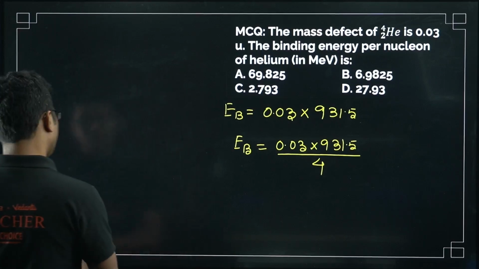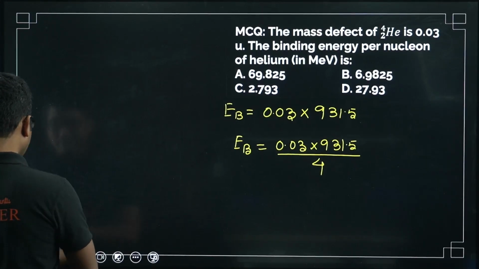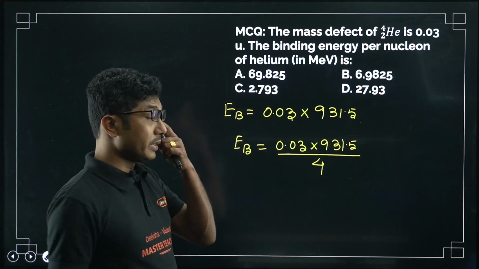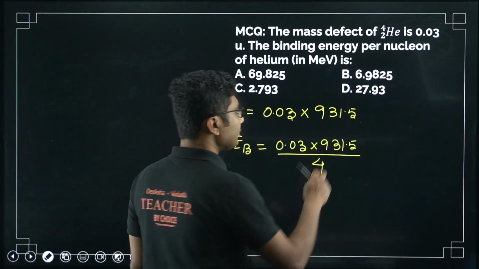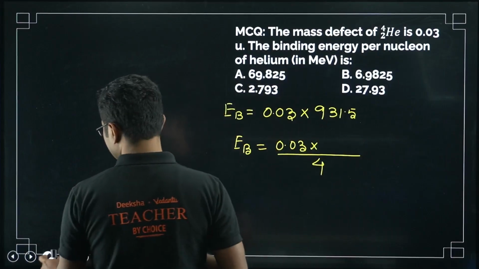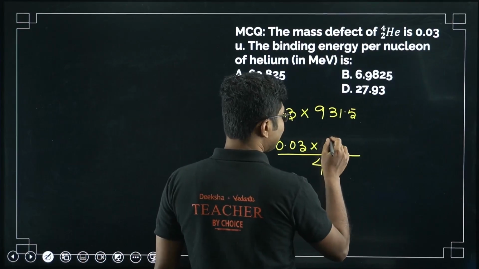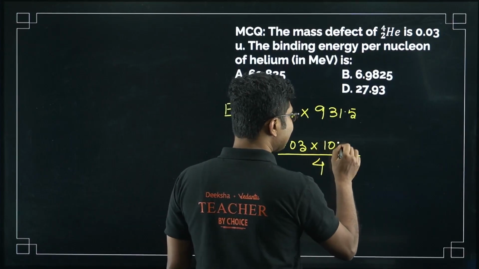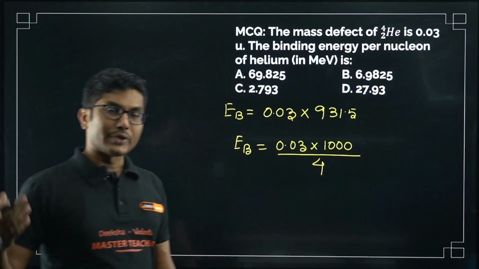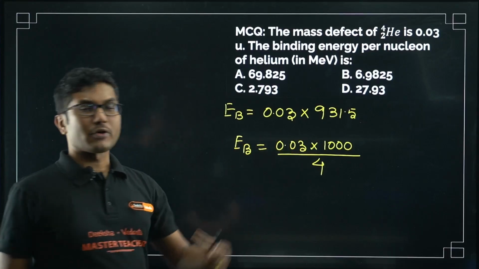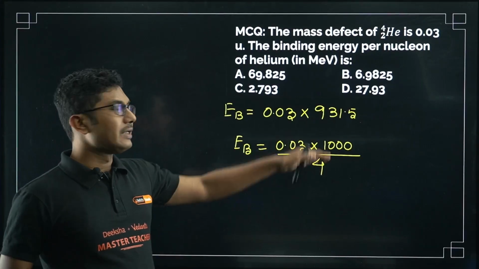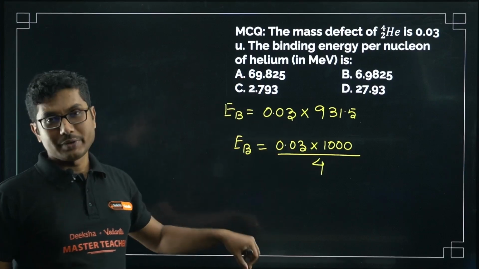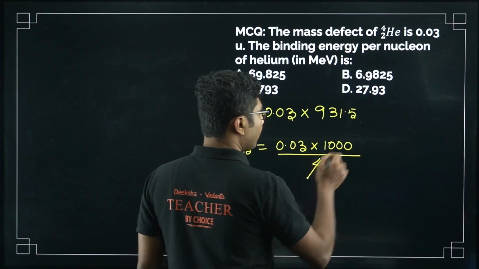Now how to calculate this? It seems to be very difficult, right? There are 2 ways to do it. First of all, because we are doing approximation, we can consider this 931 as either 900 or 1000. 1000 will be easier, at least in this case. So case by case, we can take the approximated value. Obviously we have increased the value here, so whatever result we get, the actual result will be less than that.